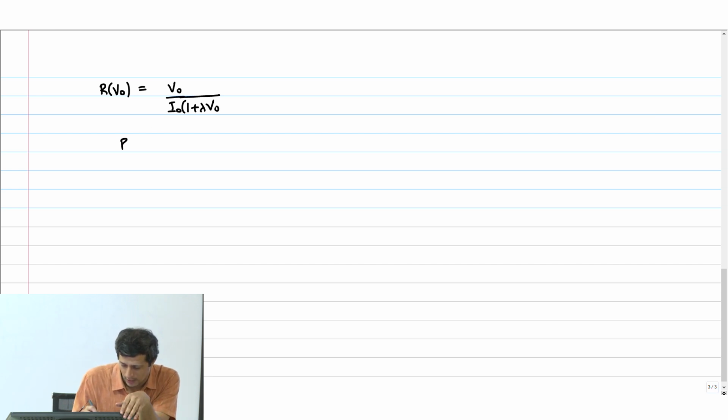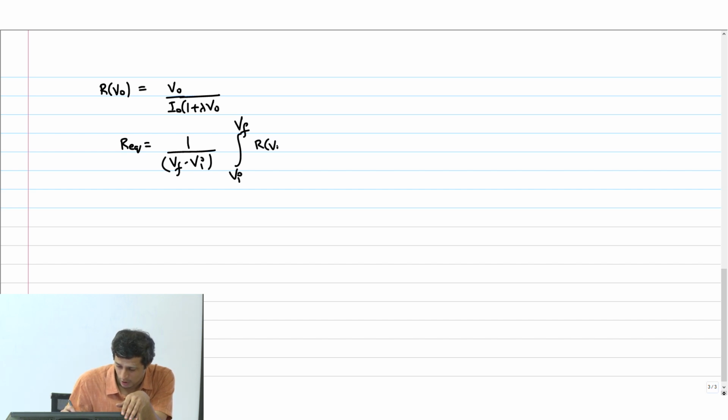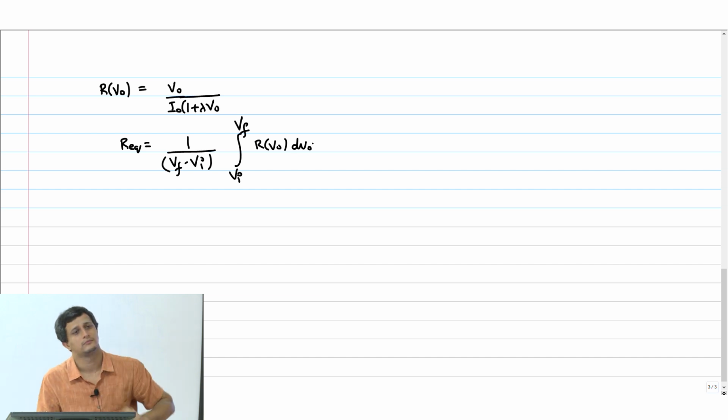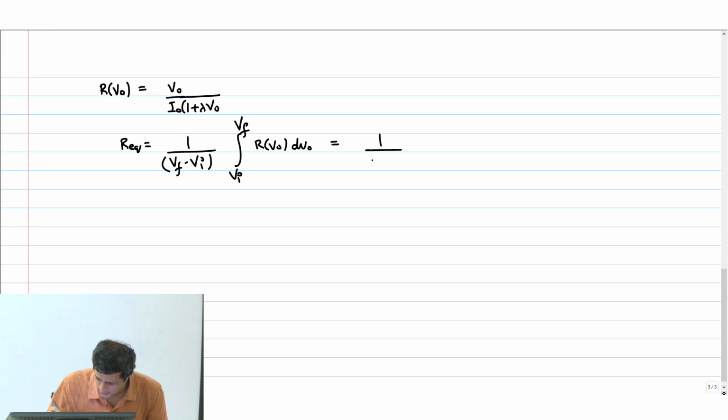So I'm saying that R equivalent is defined as 1 over V final minus V initial, into the integral from V initial to V final of R of V naught dV naught. That's what I'm defining as the average resistance. Okay, so this I will now write as minus 1 by VDD by 2, because VF is VDD by 2, VI is VDD, and so I'm going to write this as the integral from VDD to VDD by 2 of V naught by I naught,